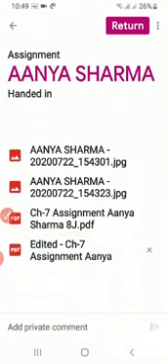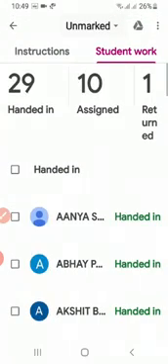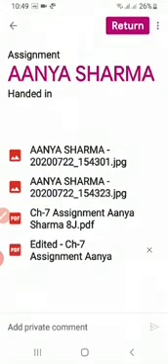After that, you need to click on return if you want the copy to be returned to the child. Otherwise, once it is checked, you can note down the marks and it will be saved in the draft. You can return it later also. Come back and it will be there with you. Say I am again clicking this, and you will see that the edited copy is available. So you can return it when you wish to return that notebook or the answer sheet to the child.